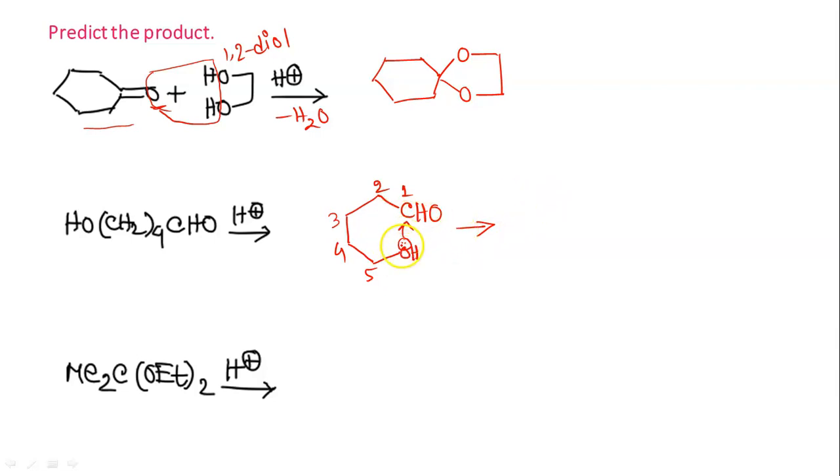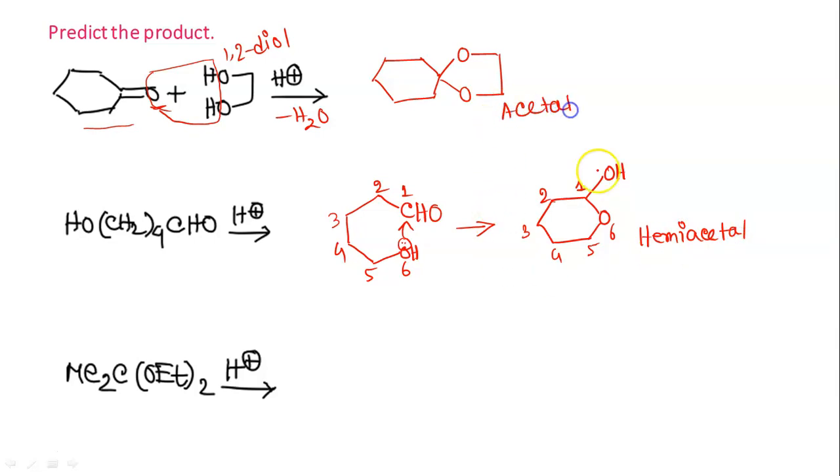And there will be O–C bond formation, right? So here if we also number this oxygen, it will be a 6-member ring containing oxygen. So this is 6, 5, 4, 3, 2, 1. And at one position there will be one OH. Okay. So this is not acetal, this is hemiacetal, and further reaction is not possible. The reaction will stop here. In the previous case, this is acetal. Plus, yes, this is hemiacetal. Fine.